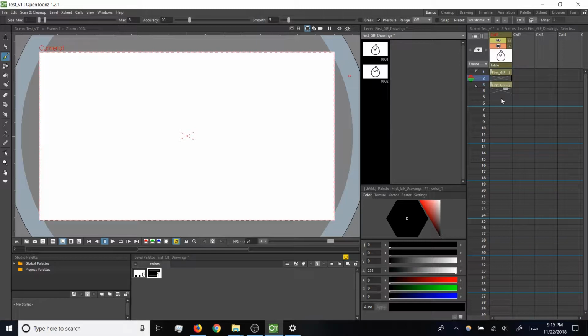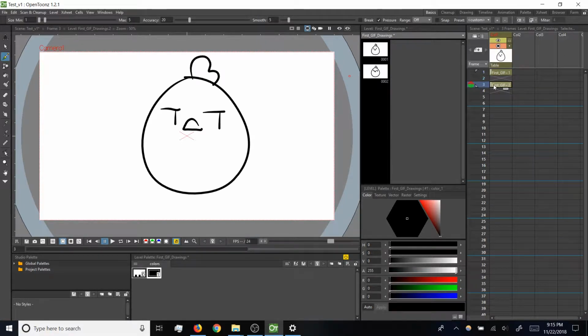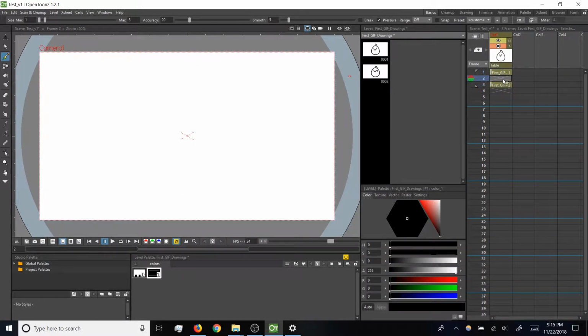Be aware, sometimes that can be a little bit finicky. Even if it seems like your cursor is right up on that thing, you might not get that highlight around the block. That won't move it. You need to see the highlight around the frame you've got selected in order to move it to a different frame. Okay, once we've done that, we've got an X here between the two frames, so we can do one